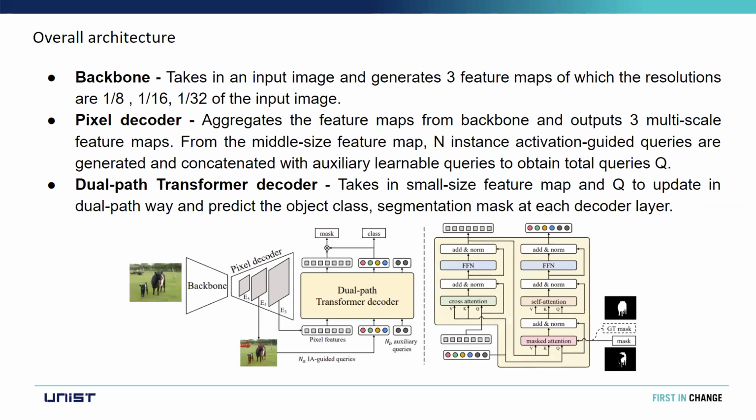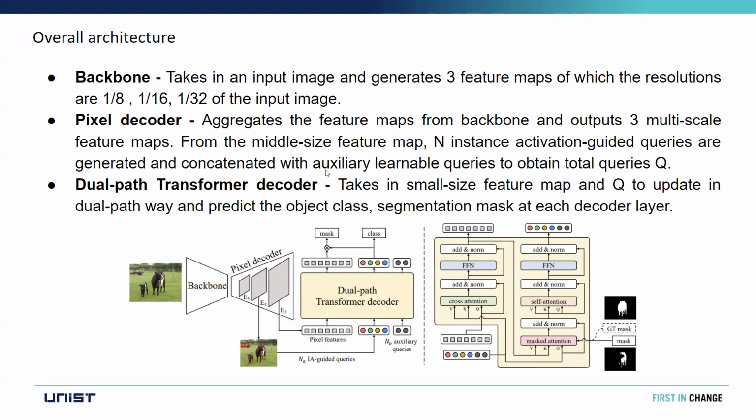First of all, about the overall architecture, it contains three main parts: the backbone, the pixel decoder, and the dual path transformer decoder. In the backbone, we simply take the input image and generate three feature maps at different fractions of the input image resolution. Then the pixel decoder aggregates the feature maps from the backbone and outputs three multi-scale feature maps. From the middle size feature map, E4, we generate N instance activation guided queries, and